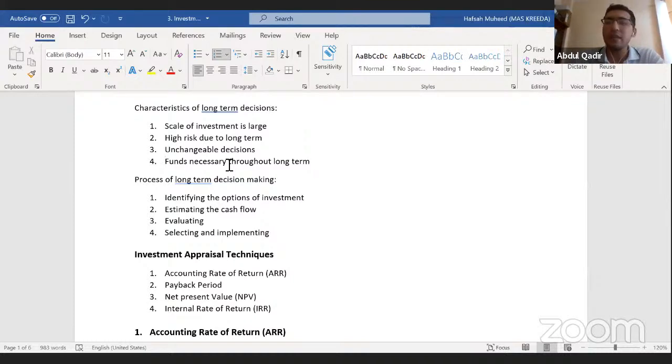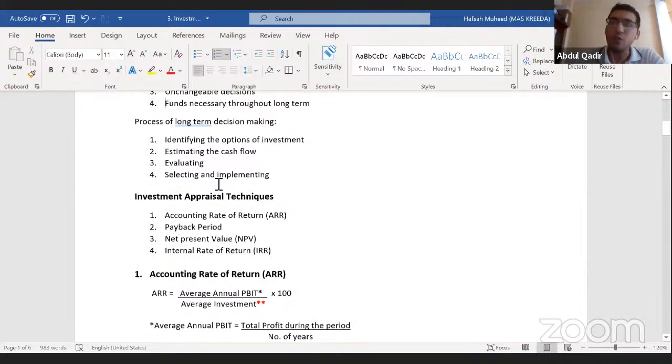And then you estimate the cash flows in each of these options, right? How much will I earn? Your revenues, your costs, any other working capital which you will need from day-to-day expenses. So you estimate all these cash flows for the time period of that investment, right? And then you evaluate them. So how do you do the evaluation? Is basically by carefully... I think as we go on the questions, we will be doing that evaluation portion where we discount these and stuff. So I'll explain more there. And then after that, you select the best project for you and you implement it.